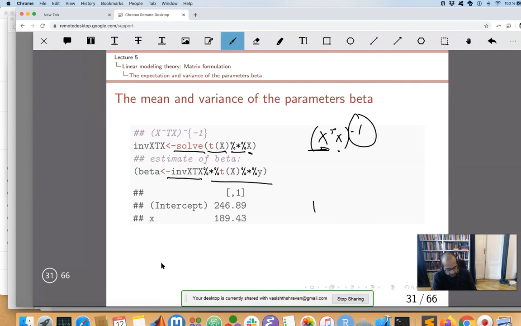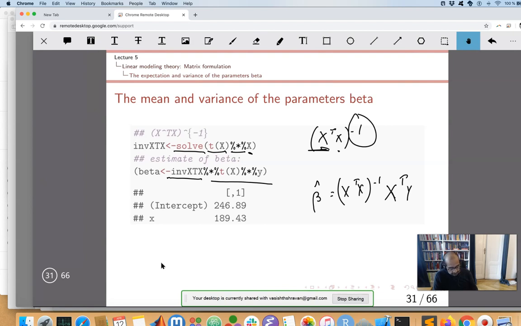So basically what I'm doing is that calculation, beta hat = (X^T X)^-1 X^T y, right? So that's what I just did by hand with some real data,